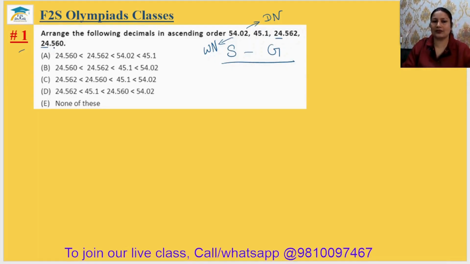The first place value is known as 10th place value. So here it is same. Then we will move to the 100th place value. 100th place value is again same. Then we will move to the 1000th place value. And 1000th place value is smaller in this case. So